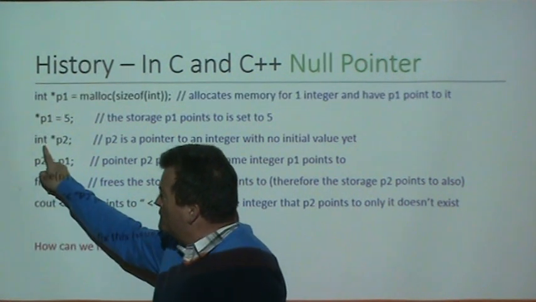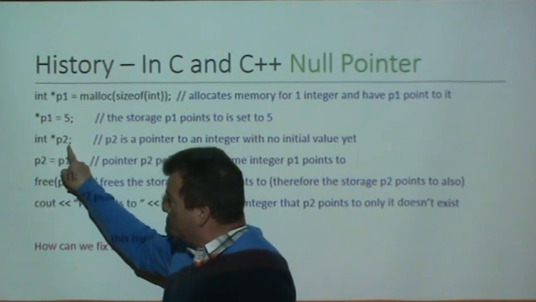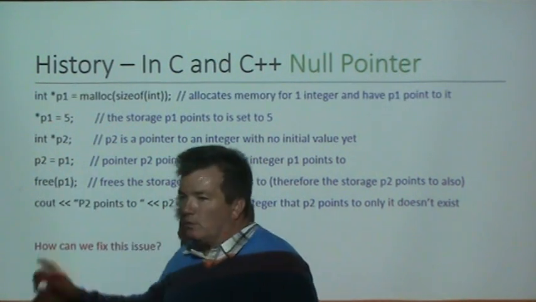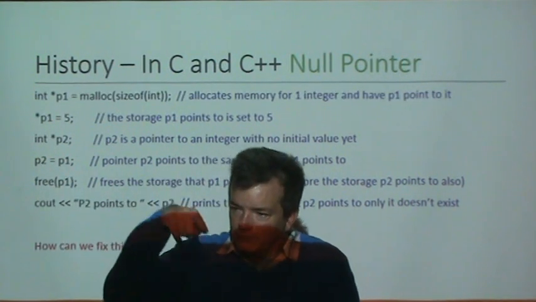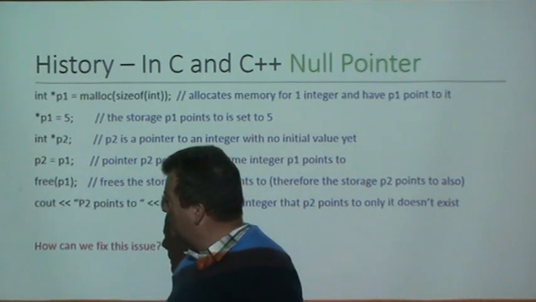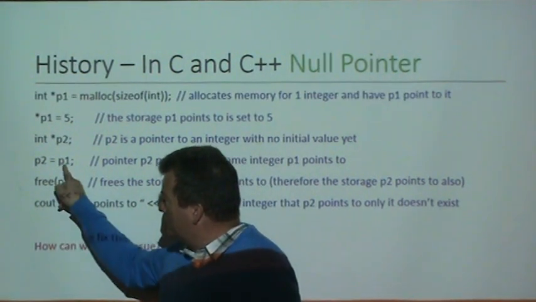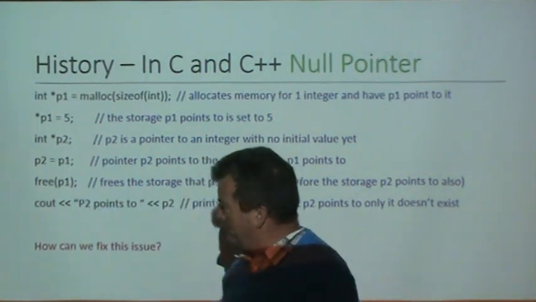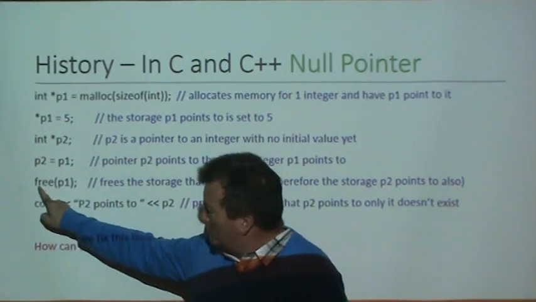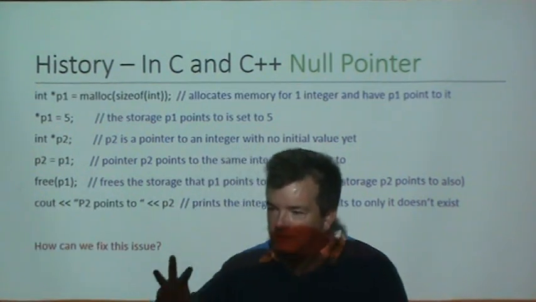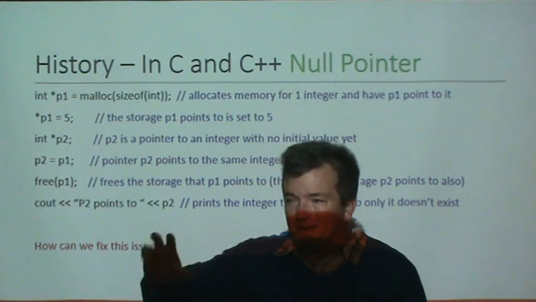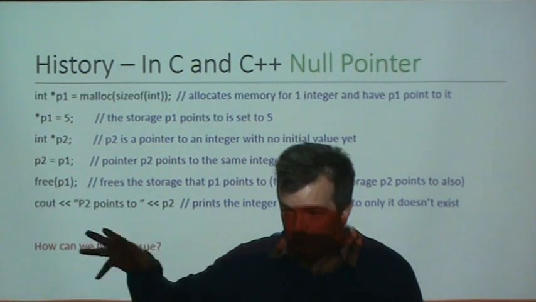Then I can make a new integer pointer, pointer 2. I can now say pointer 2 is equal to pointer 1. So pointer 2 and pointer 1 are referring to the same piece of storage, a chunk of storage that has a value of 5 in it. Now you can call the free function, which says, if I'm pointing at a piece of storage and I call free, I'm telling the storage manager I don't need it anymore, get rid of it, it's no longer